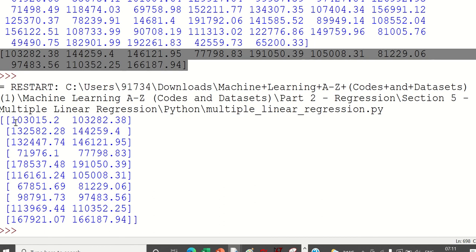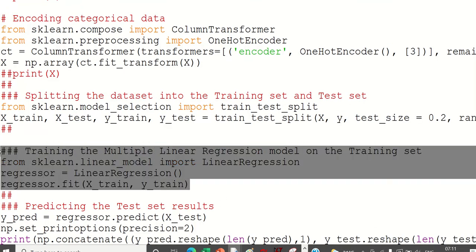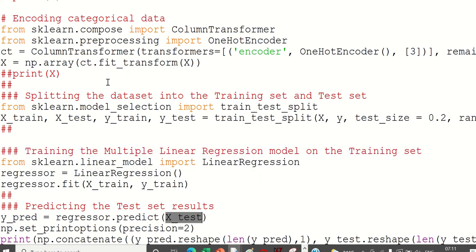Okay, so here, what is the output we are seeing? We have trained it, done. Our model has got trained. Next, we have predicted X test, the test data we have. From there I'm getting Y pred. Y pred should be very close to Y test. So I am comparing Y pred and Y test one versus one and printing it here.